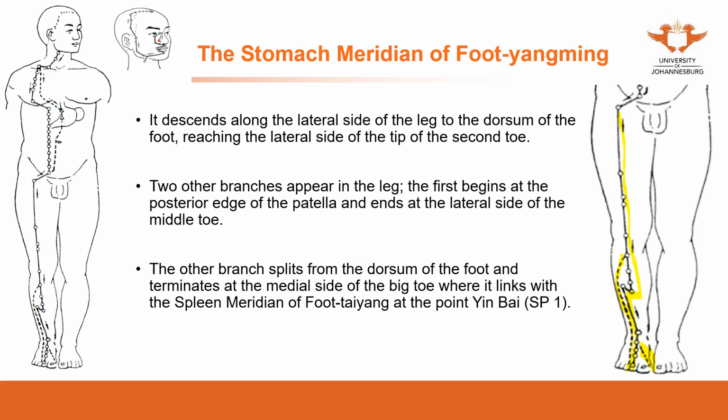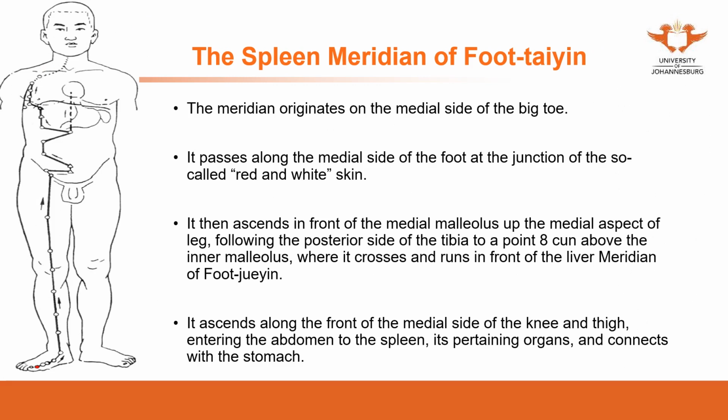As you can see from the picture on the left side, the red line indicates the superficial pathways on the surface, and the blue broken line indicates the branches internally. So there's one branch towards the big toes, and then the spleen meridian